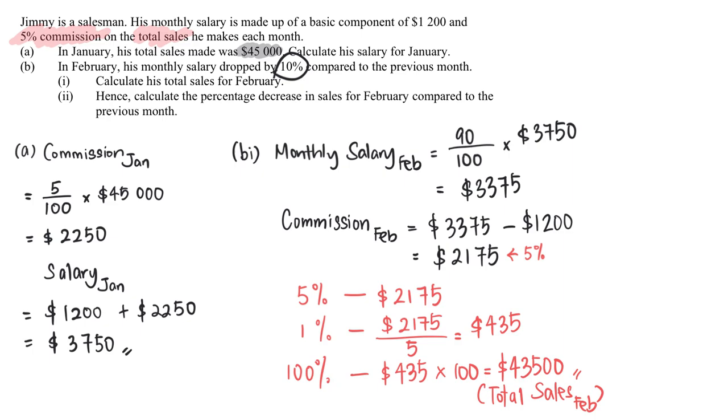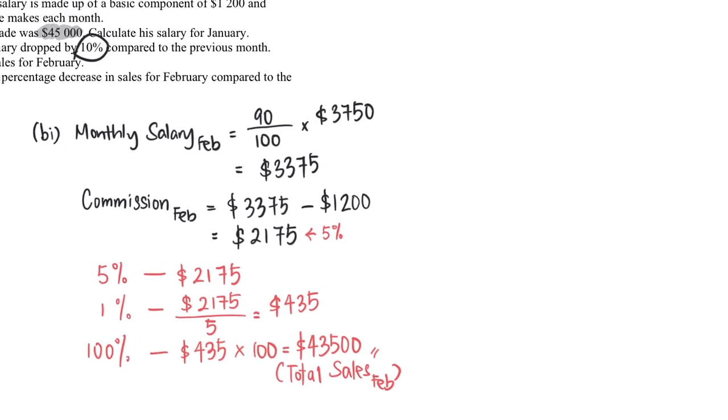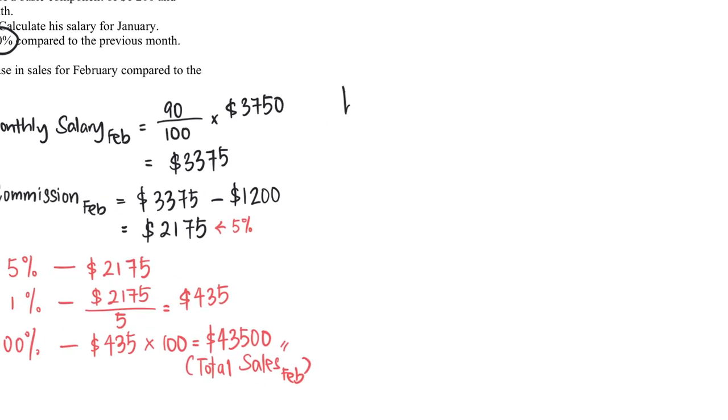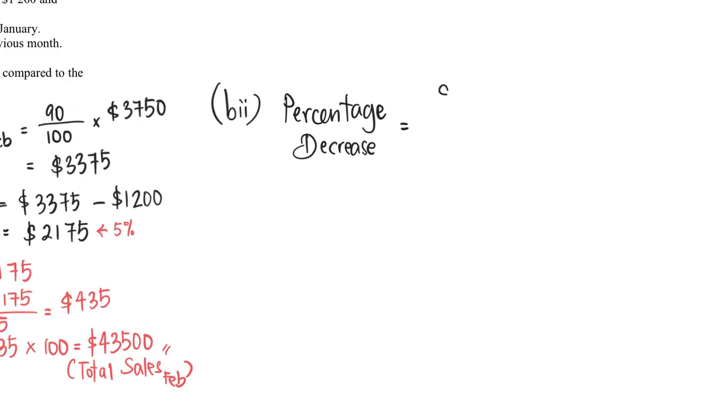Let's move on to B part 2. Hence, calculate the percentage decrease in the sales as compared to the previous month. And at this point, I'm going to create more space here. For B part 2, we would need to find the percentage decrease. Previously I have 45,000 in sales in January, and in February I now have